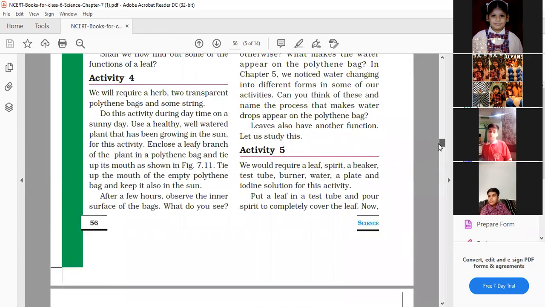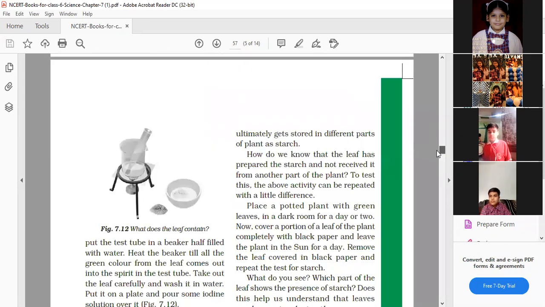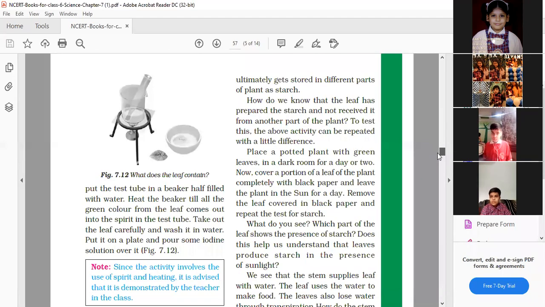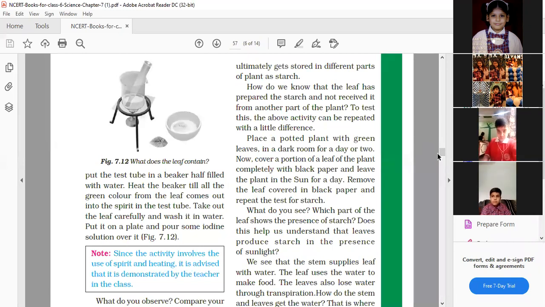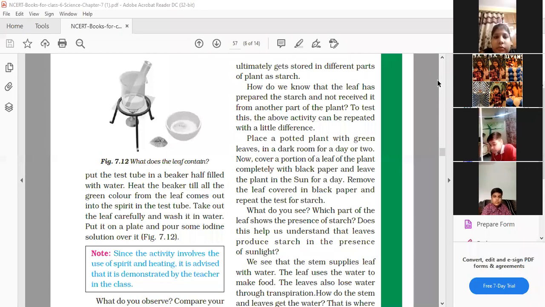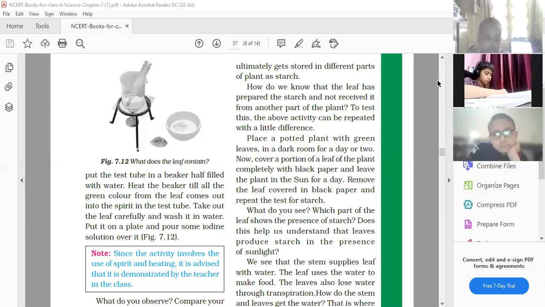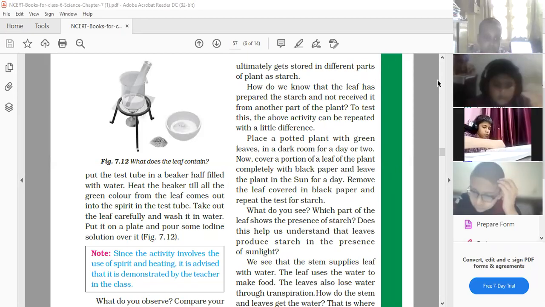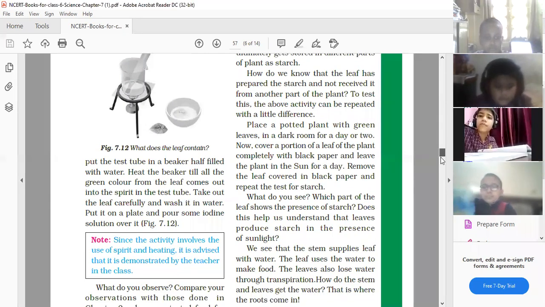Next, children, activity 5, I will show you the video for that. So activity 5 is that we know plants prepare their food, and that food is prepared in the leaves. Okay. And what happens in the leaves? Food is there. So we just want to check that food is prepared in the form of a starch, whether the starch is present in the leaf or not. So we will do this with the help of this activity. Okay. So I will show you the video of that activity, so that you can easily understand.